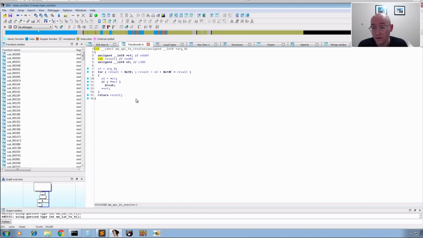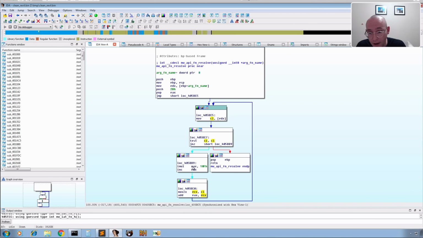It's pretty simple. It looks like they are moving 2B into EAX, so that's pushing and popping into EAX. They're moving a byte of the string, the function name, into CL. They test to see whether it's null, so that would be the end of the string. If it's null, they return. If it's not null, they multiply 0xf times EAX, which is 2B, and then they increment EDX by 1, so that is the pointer in the string, so they go to the next byte,